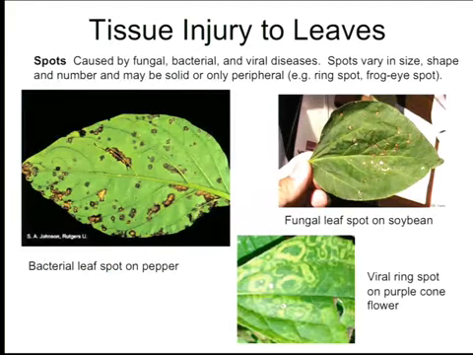Next. Spots, typical again, bacterial, fungal, viral. The three microorganisms that cause diseases, the three cause the same kind of impact, spots. How do you know? Unless you send it to a lab so that they make the analysis and you find out what it is, you can't. All I can say is, well, this is a spot caused by a pathogen. Unless you're really familiar with a crop and you just work on that particular crop and you know a lot about it, then you might be able to guess.